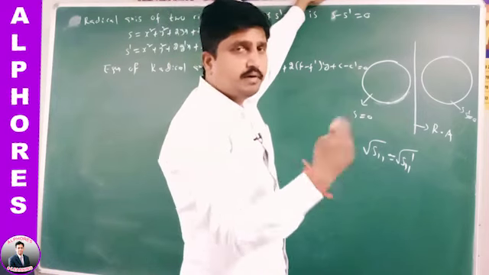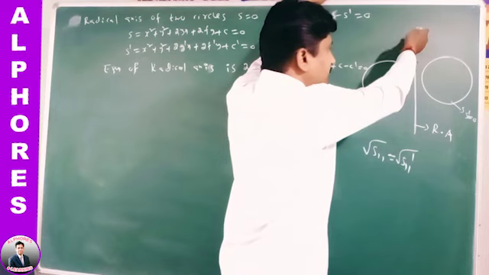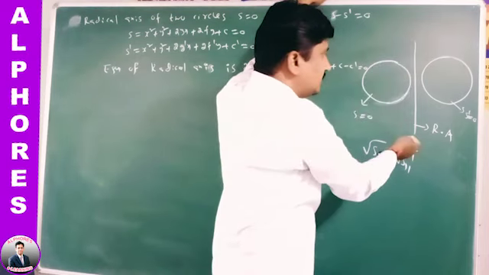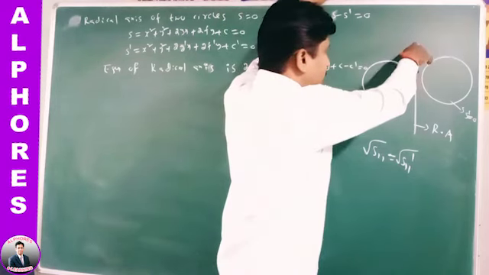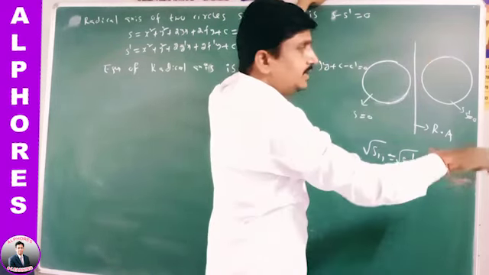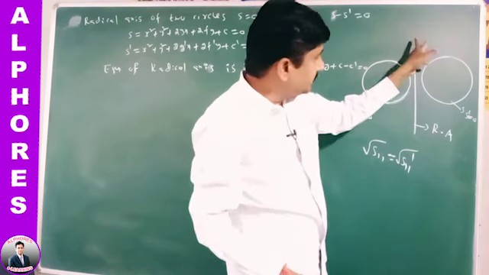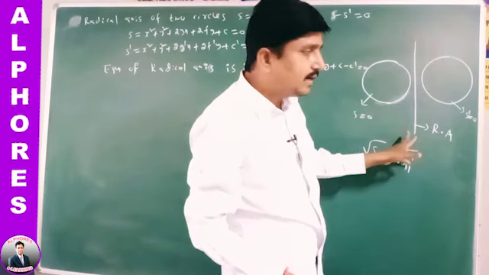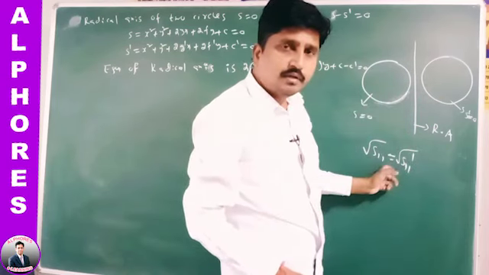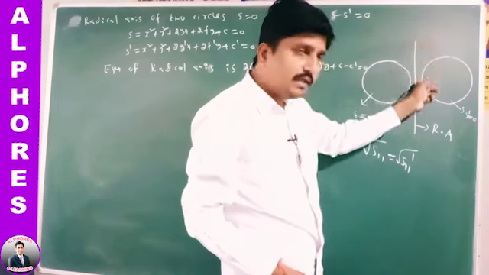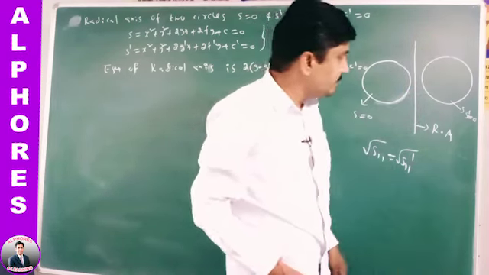If the powers are equal, the power of a point P, where P is a point on the radical axis, when the powers are equal with respect to the point on the radical axis, then the length of the tangent is also equal. The length of the tangents from any point on the radical axis to these two circles is equal. Okay, right. Next,